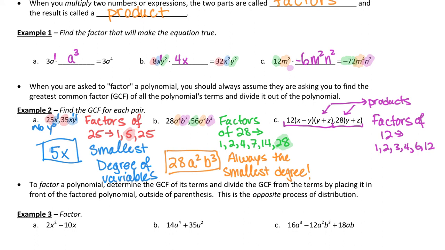Don't ever forget the number itself. And then what's the largest number there that would also divide into 28? And I think it's the 4. 6 doesn't go into 28. All right, so 4 is the largest number on that list that also divides into 28. So that means my numerical answer or numerical factor will be 4. Now, remember that what's going on right here is that these are all being multiplied. So products are anything being multiplied. That means that